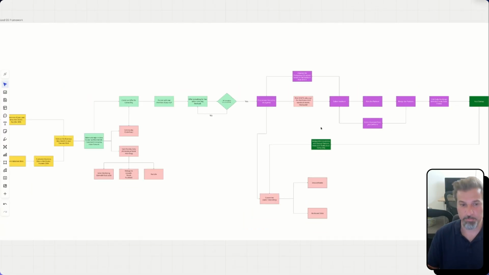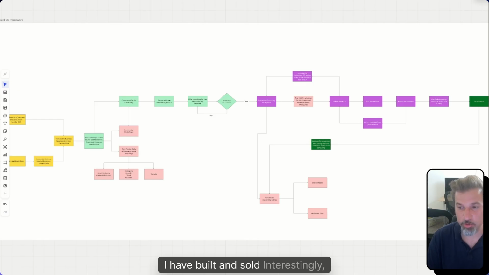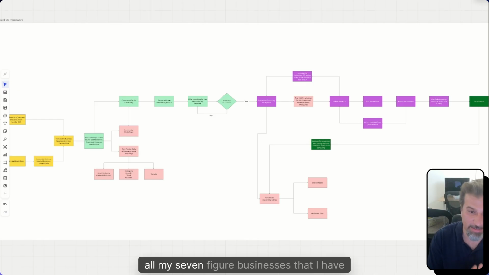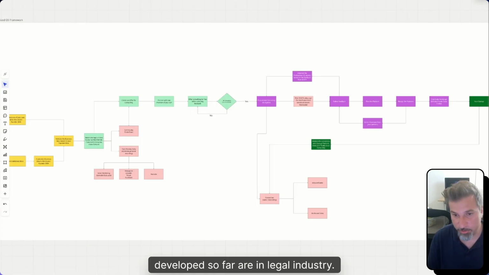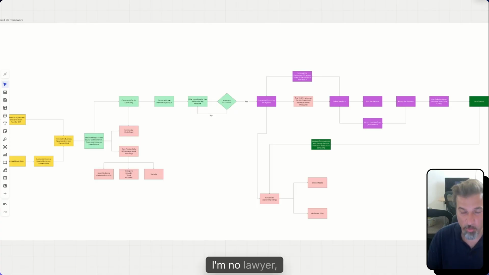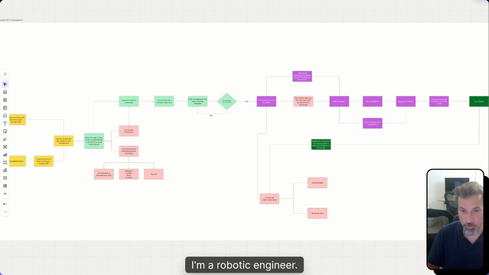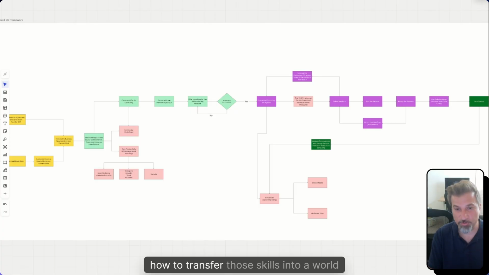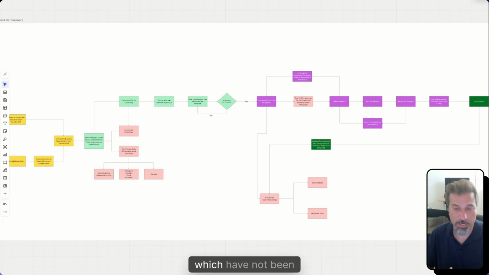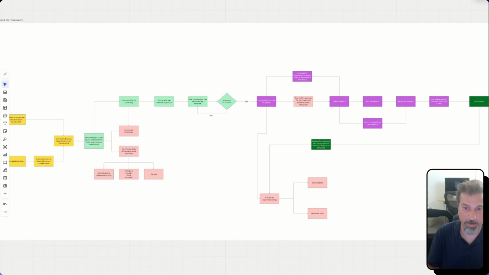For example, interestingly, all the 7-figure businesses that I have built and sold so far are in the legal industry. Okay, I'm no lawyer, I have no training. I've never been in the legal industry. I'm a robotics engineer, but because I had that background and expertise, I knew how to transfer those skills into a world which had not been revolutionized at that time.